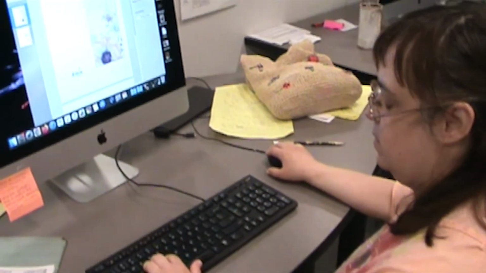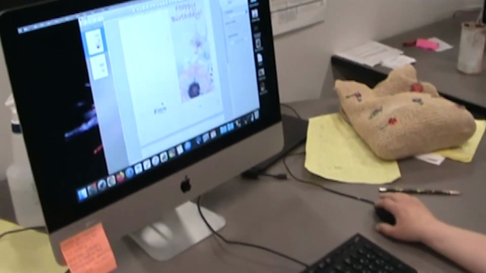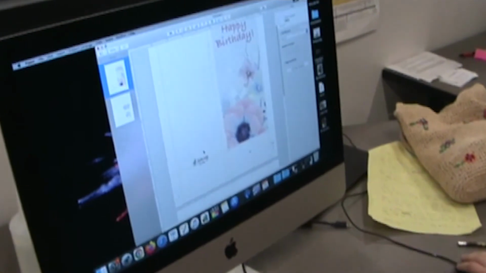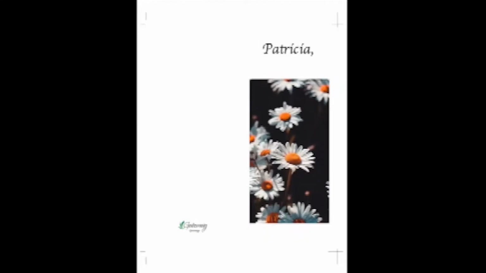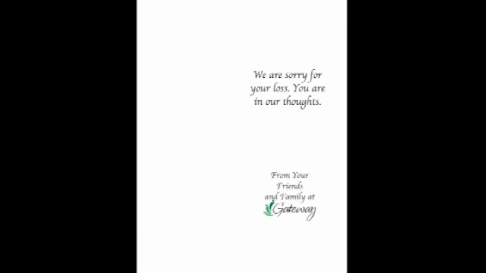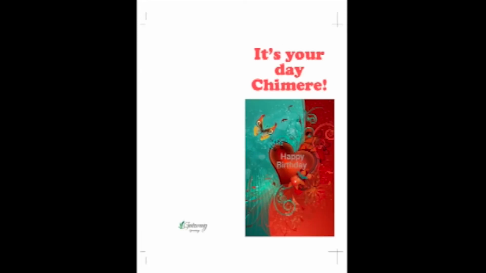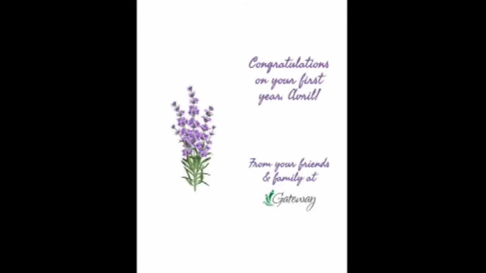I appreciate the cards that we make here at Gateway because it is a chance to make the members feel individual and valued, and it's just an uplifting thing. By making cards, I feel like I make a difference in the Clubhouse.